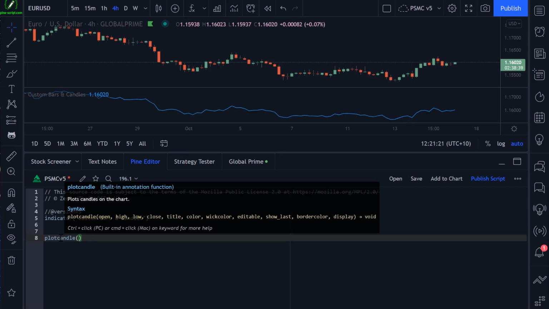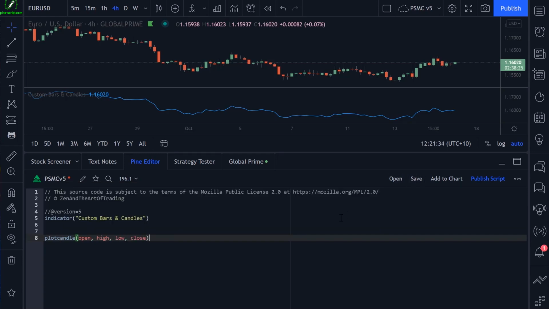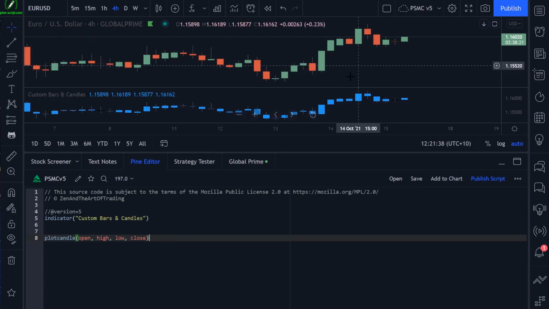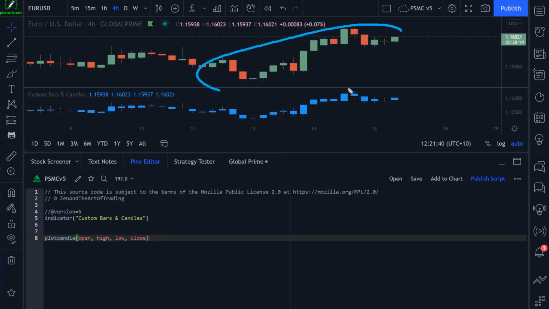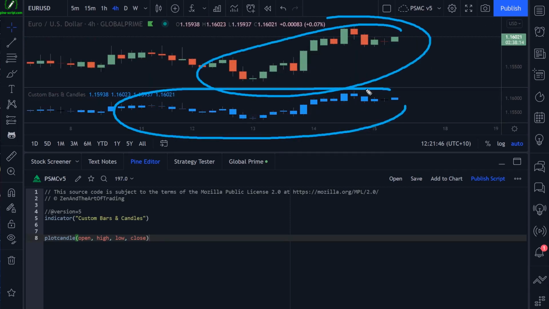We also have a bunch of other parameters there that we'll get to in a moment. But for now, let's just plot regular price action onto our chart. So we're going to reference the open, high, low, and close. Now let me save the script. And here we have candles drawing onto the chart, mimicking price action, but they all have the same default blue